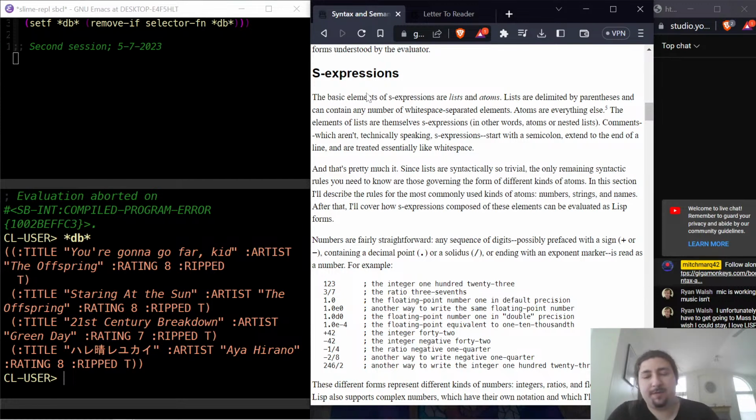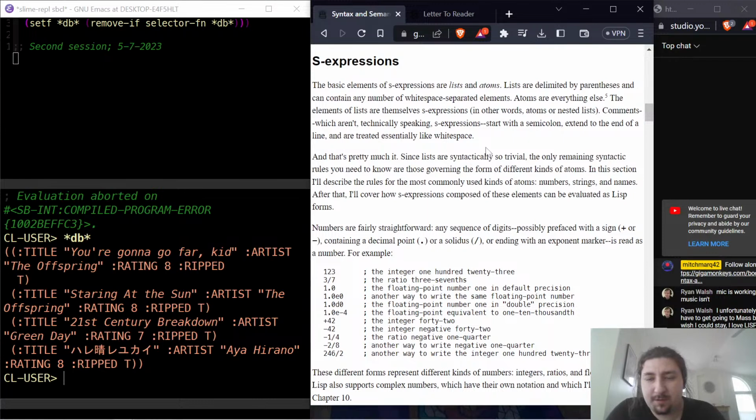The basic elements of S expressions are lists and atoms. Lists are delimited by parentheses and can contain any number of whitespace separated elements. Atoms are everything else, anything that's not a list. The elements of lists are themselves S expressions, in other words, atoms or nested lists. Comments, which are